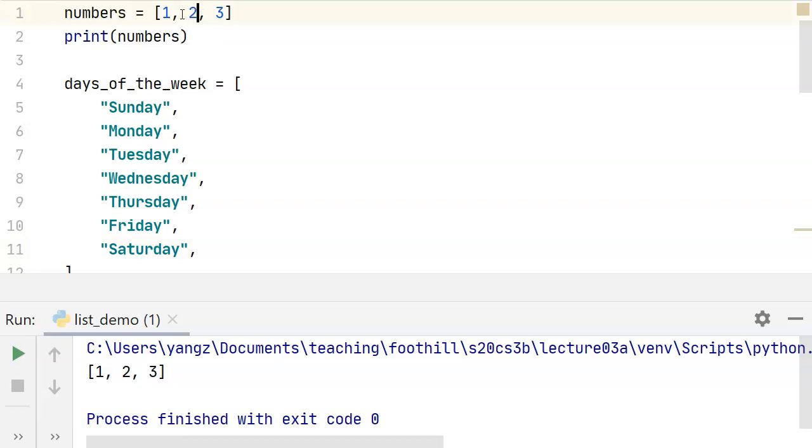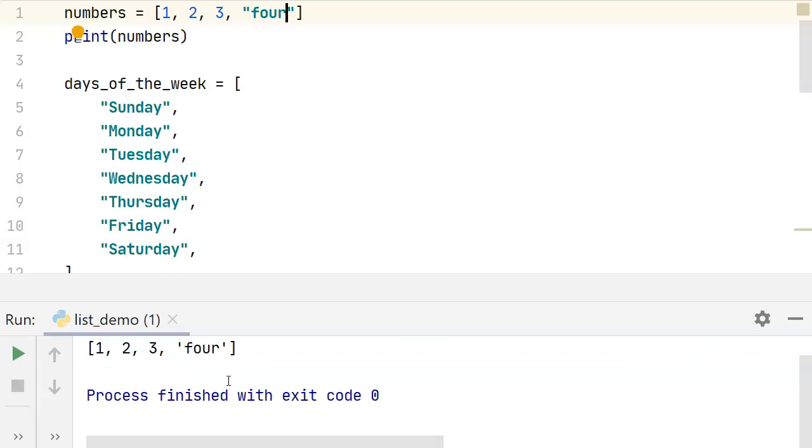So what can you put inside a list? Well, basically anything. We've already seen examples of putting in numbers and strings as elements or items for the list. As a matter of fact, for Python, you can put different types of things in the same list. For example, in this numbers list, I can actually put a string in addition to just integers, and Python is not going to